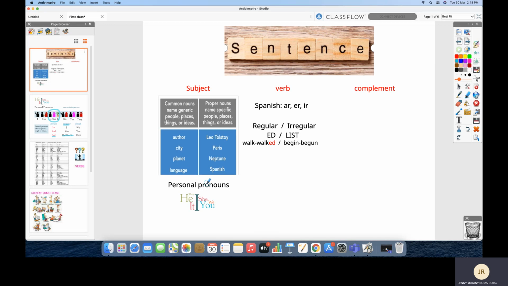Por ejemplo, yo puedo decir en una oración, él es mi papá. Entonces estoy utilizando un personal pronoun, he. Él es mi papá, en esta oración. O puedo decir, Carlos es mi papá. So I'm using a proper noun. Estoy utilizando un nombre propio. Carlos es mi papá. O puedo decir, the journalist is my dad. Entonces, el periodista is a common noun. Es mi papá, okay? So just to keep in mind this information, so remember sentence has three parts and the